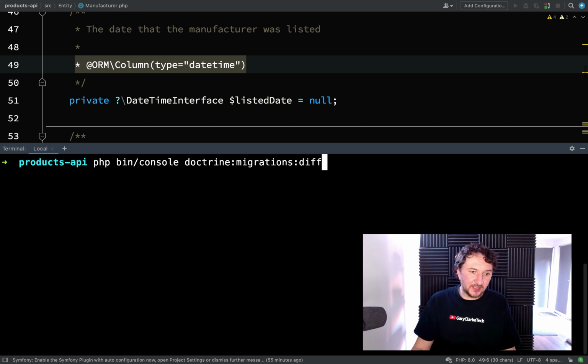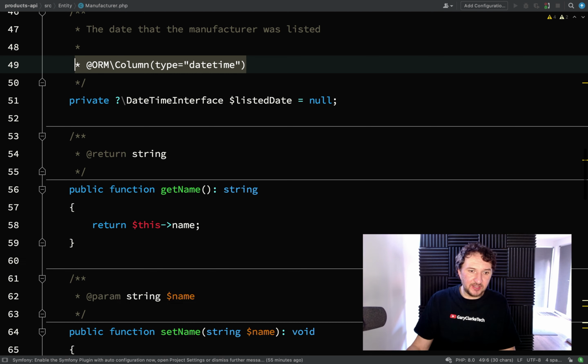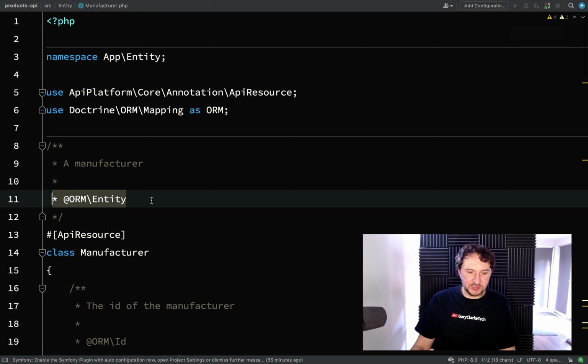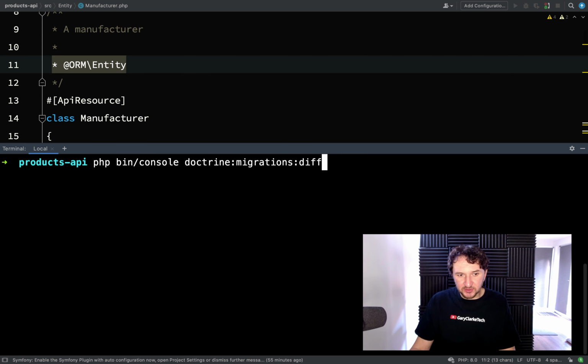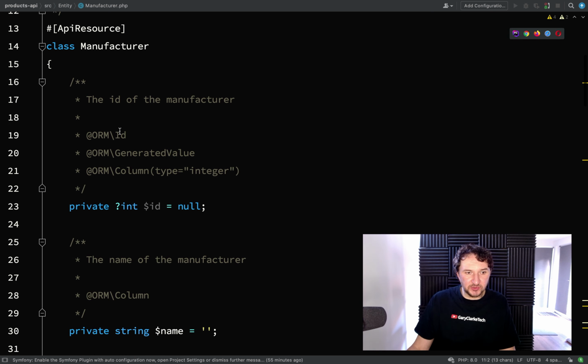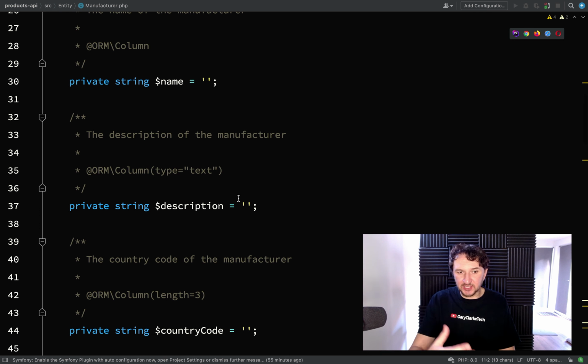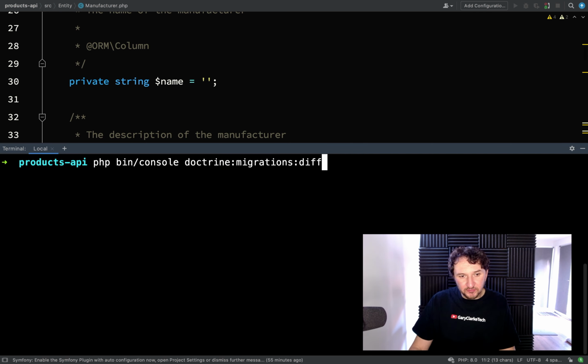Next, I need to generate the SQL, which will create the manufacturer table in the database. I can do it with this command here: php bin/console doctrine:migrations:diff. What that will do is look at my entities, so anything which is marked as an entity, and at the moment we only have one, which is the manufacturer. It will also look at the database and see what details are different between the two, so it will read all the annotations, and it'll see in the database that we don't actually have this existing yet, so it will just create the whole lot. And so if we go and run this,